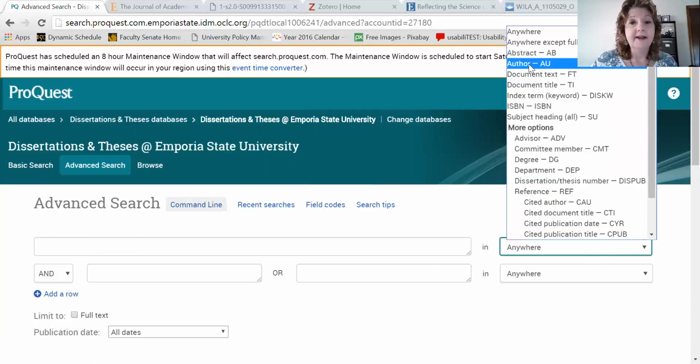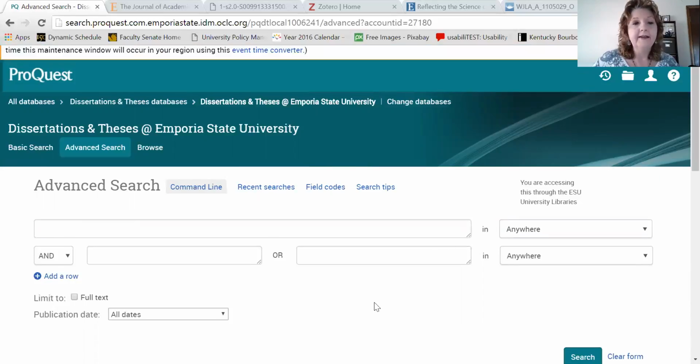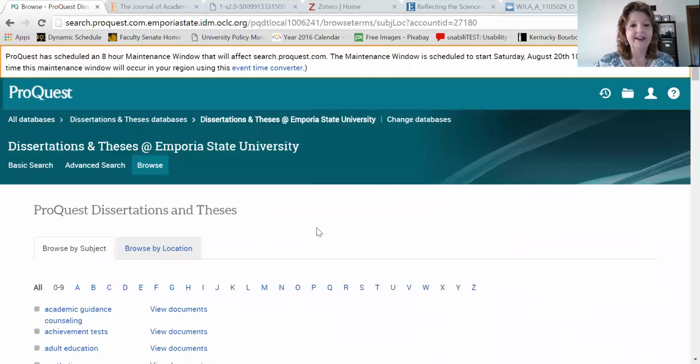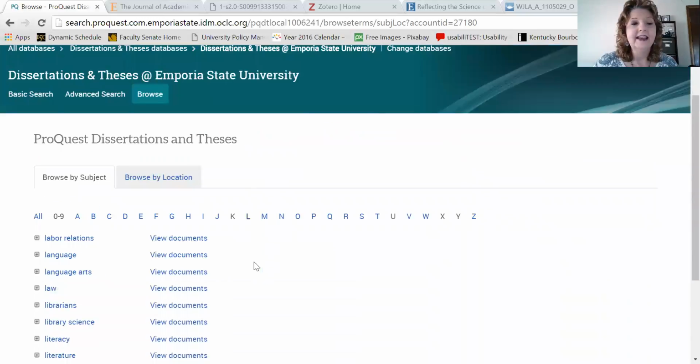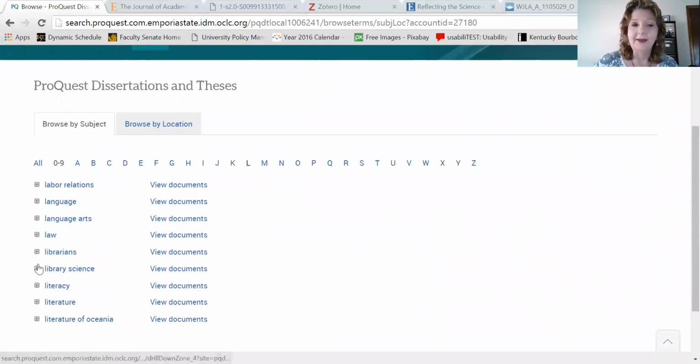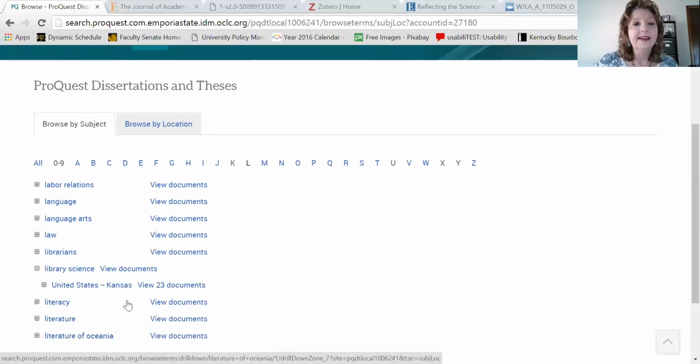And I can search by a specific author, by a specific abstract, by a subject heading, and also search by options such as an advisor, a committee member, department, and so forth. What you can do too is click on the browse option. I've been playing around with this and I've enjoyed what I've been finding here. So if I click on the letter L, and I scroll down to librarians or library science, and I click on View 23 Documents,